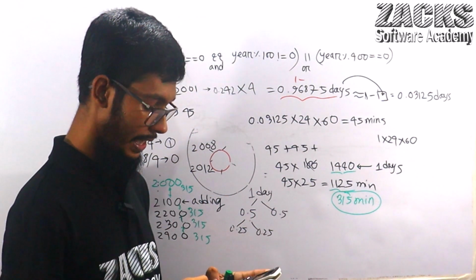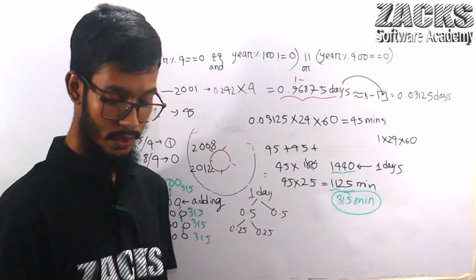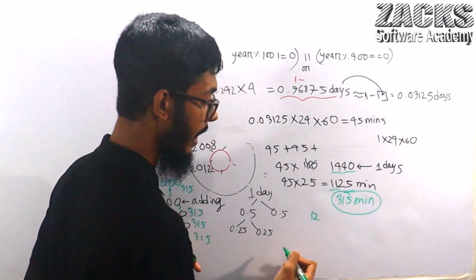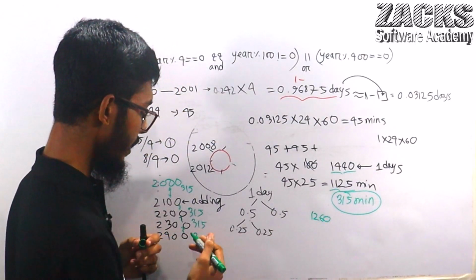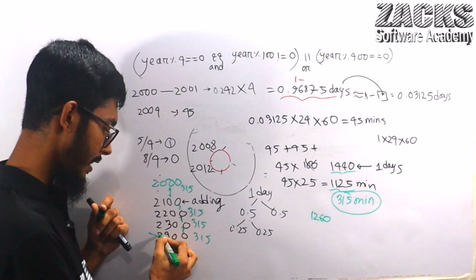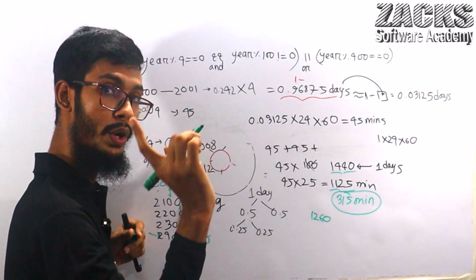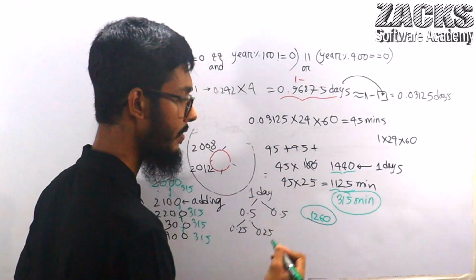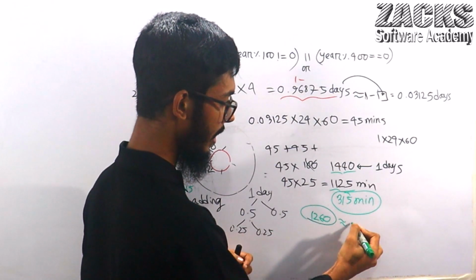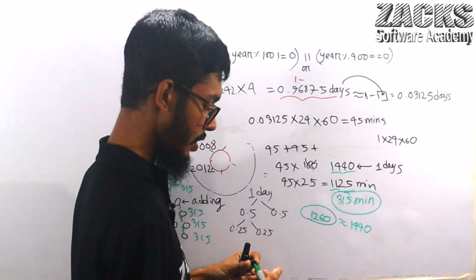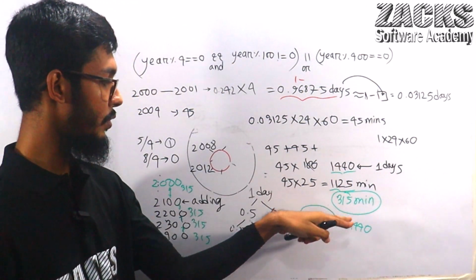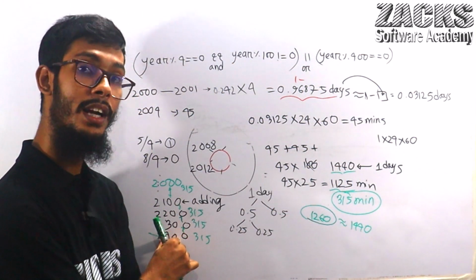But suddenly we are thinking, let me check what the actual 315 into 4 is. Almost 1260. After 4 years, the result will be 1260. So if we ignore in this year, then we are going to ignore this many minutes, corresponding to 1440. So we are thinking no, we should not do this one. Already we are skipping. So after 400 years,